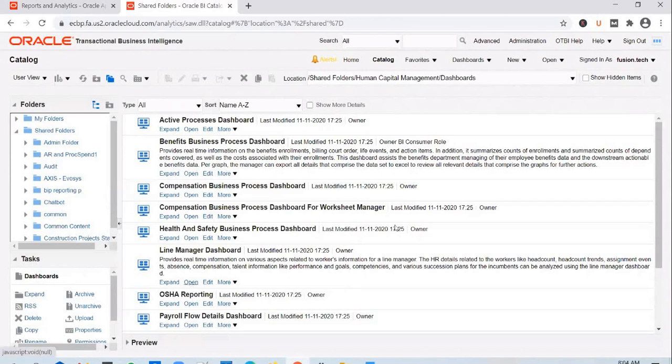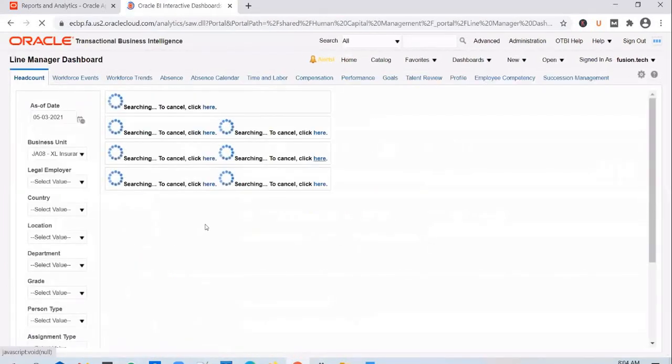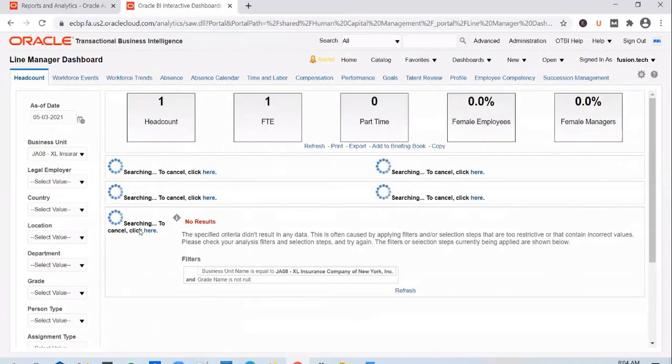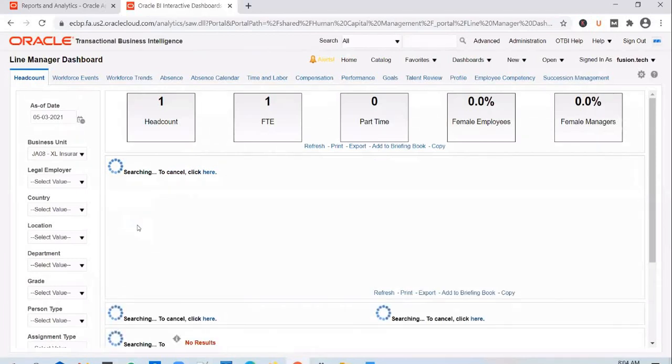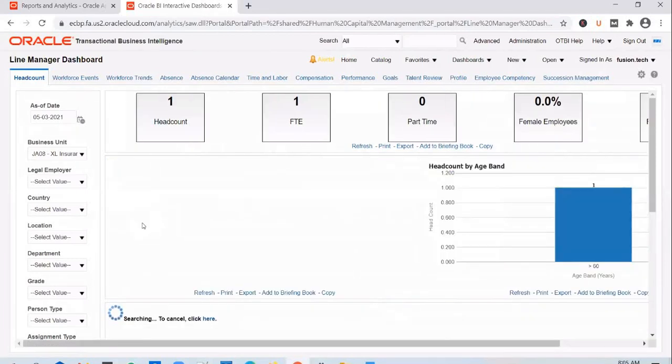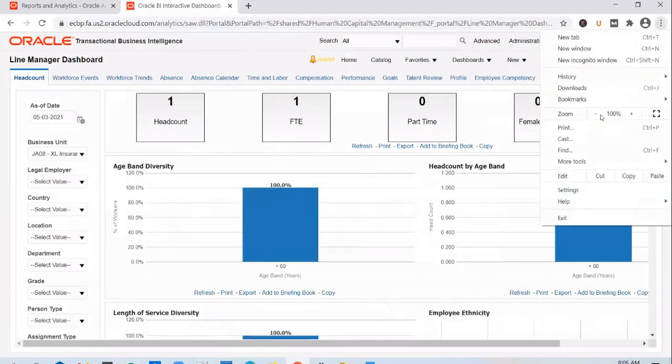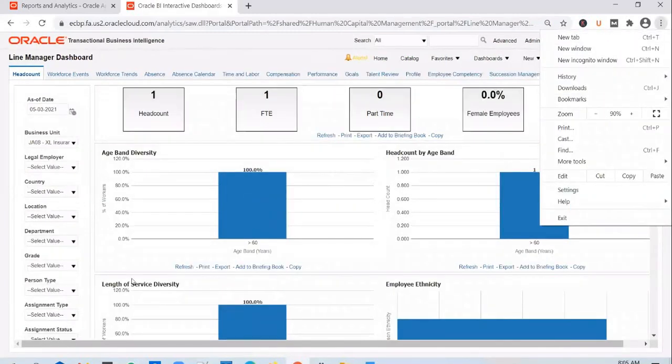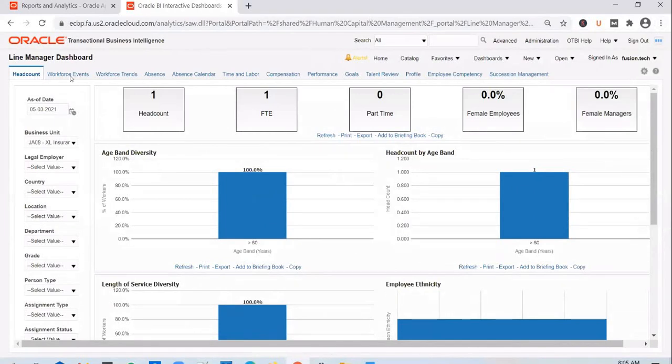And if you run it, what you're seeing on screen is a dashboard. And yes, a dashboard can have multiple pages. Each page of a dashboard will have a dashboard prompt.